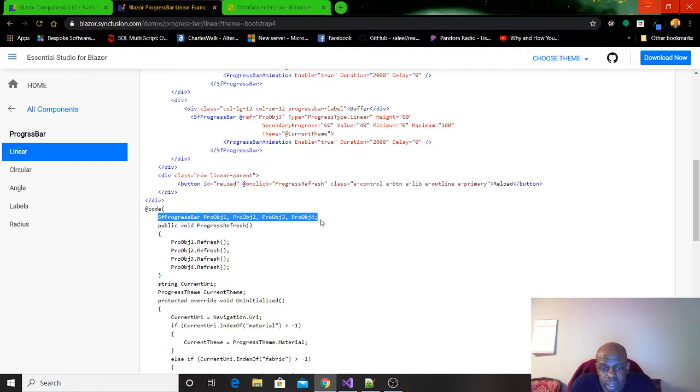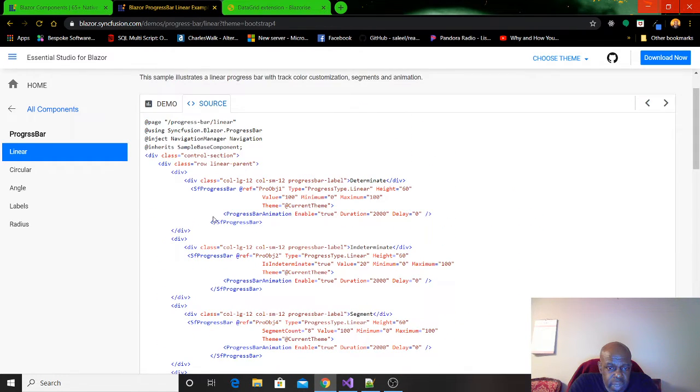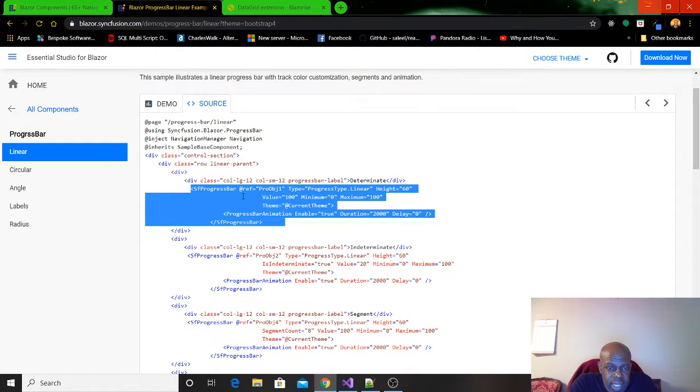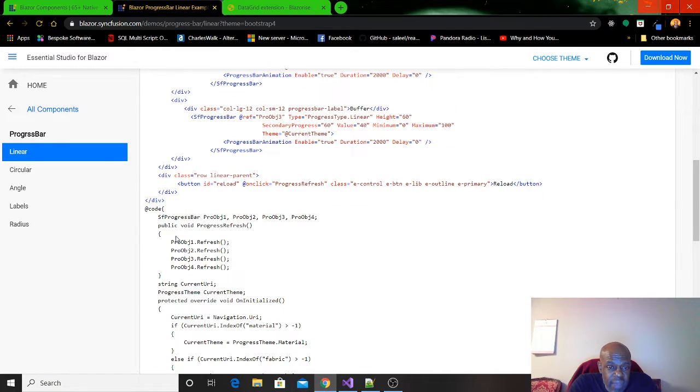Okay. So, I'm not sure if anybody's familiar, in Blazor you can set up references to your actual component. So what they did was they set up this component, and then they set up a reference to it. Now, the reference to this component allows you to actually run, say, for instance, JavaScript. Now that you have a reference to this component, there are certain methods in it that you can use, like they have a refresh.